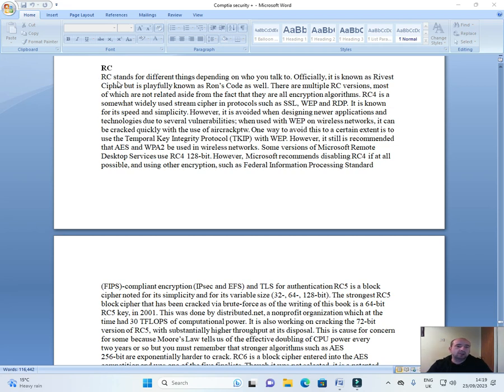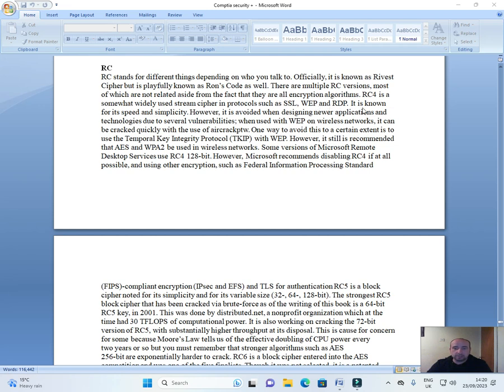RC. RC stands for different things depending on who you talk to. Officially it's known as Rivest Cipher, but is playfully known as Ron's Code as well. There are multiple RC versions, most of which are not related, aside from the fact that they are all encryption algorithms. RC4 is a somewhat widely used stream cipher in protocols such as SSL,